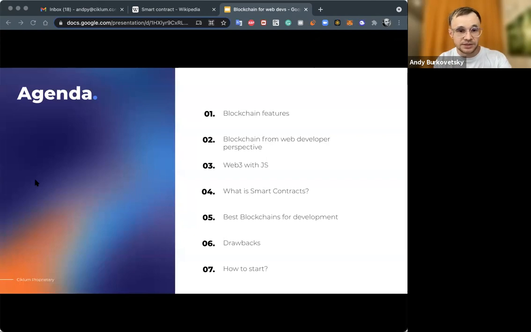Next, this is the basic agenda. And this is about blockchain. How many people do we have, 30? Maybe let's start with a simple poll in the chat. Can you write what blockchains are specifically suitable for web development? Maybe someone already used it before, or if you don't know any, just type in, I don't know any. So we will know who is here. Okay, I will type also, I know Ethereum.